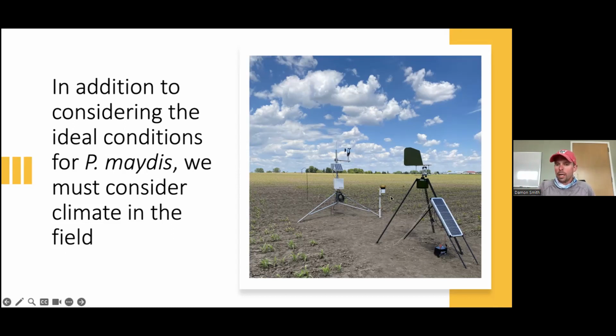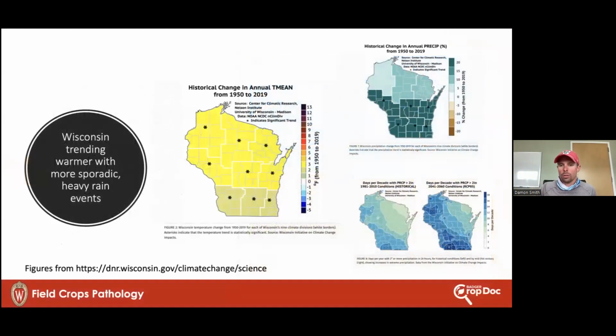So in this picture here, you can see two types of spore samplers that we're utilizing. We're trying to understand when the pathogen is flying through our cornfields. And we're using these two pieces of equipment because one is what we call a passive sampler, so it's just picking up what's coming through. And then this one in the front here, this fancy one with a solar panel, is a volumetric sampler. It's sucking 16 liters of air per hour, and then impacting those spores on a small tube. And we can quantify how much DNA of the fungus is on those slides, so we can better pinpoint when the inoculum is present in those fields.